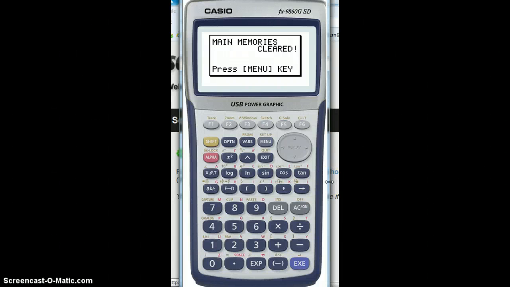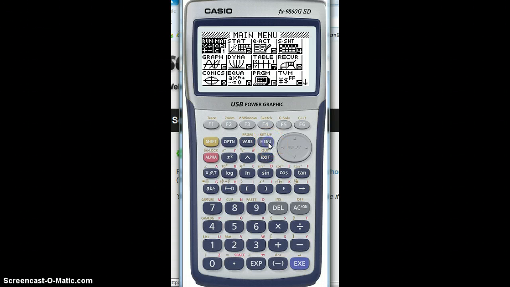Here's an unpracticed version of how to use the stats mode in your graphics calculator for the internal coming up in week 4. Menu, stats mode,